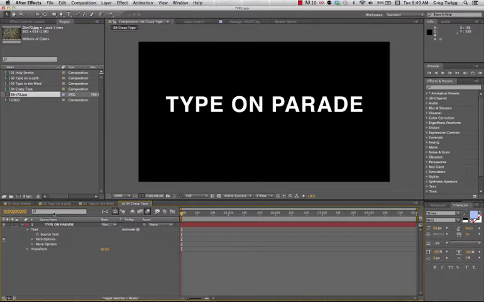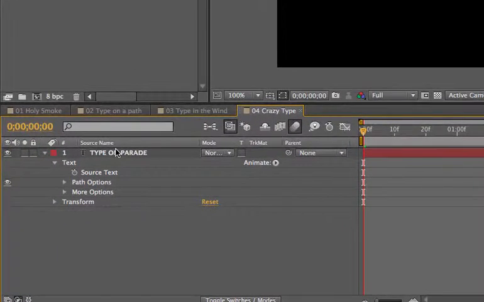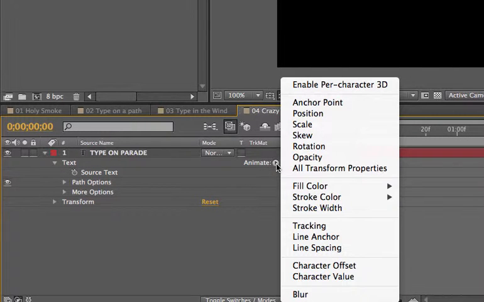We have a layer of text, Type on Parade. And as we know, we can open up the text attribute, and we see that there's some options there for us. We've played around with the path and so on. But we've been ignoring this column here that has the word animate and then a little button next to it. And if you hit the button, it opens up all of the attributes that we can add to this type layer. So the normal property values that you recognize from just animating layers: anchor point, position, scale, skew is a